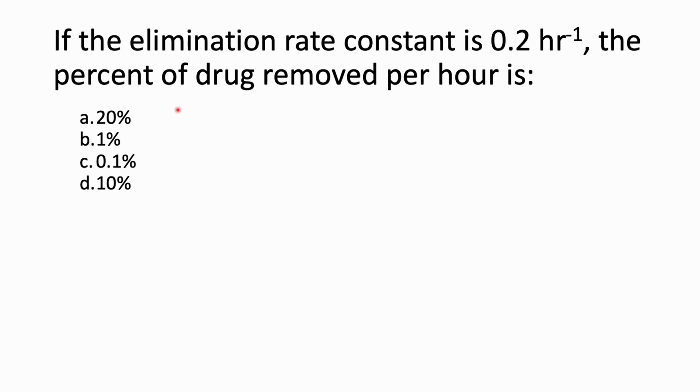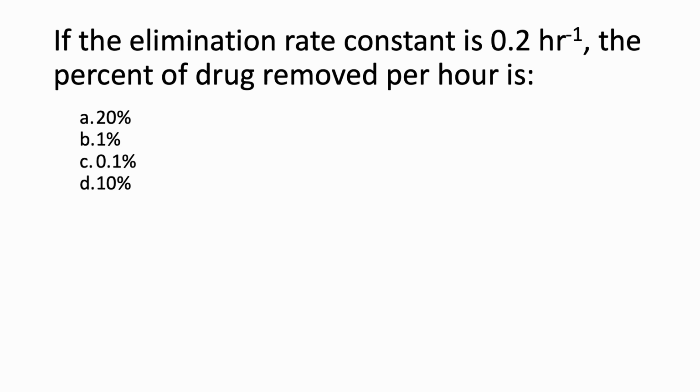Question: if the elimination rate constant is 0.2 per hour, the percent of drug removed per hour is A. 20%, B. 1%, C. 0.1%, D. 10%. So in this question,